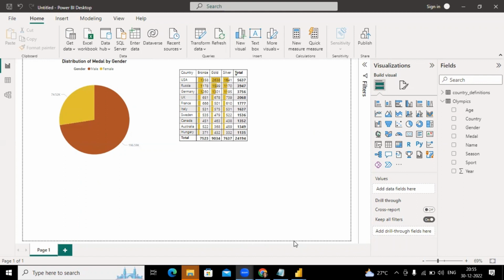Let's quickly finish the third graph. It's a simple visualization, nothing but a stacked column chart. So I'm going to work with a stacked column chart because my third question is I want to see the distribution of medals among the top 10 players. So I am going to put